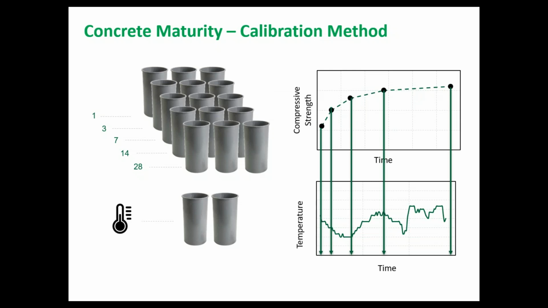So whatever method you pick, Nurse-Saul or Arrhenius or weighted maturity, it doesn't matter. At the equivalent time, you have your temperature graph and you can calculate the maturity index. So you have 5 strength values, and the calculation based on the temperature will give you 5 maturity index values,